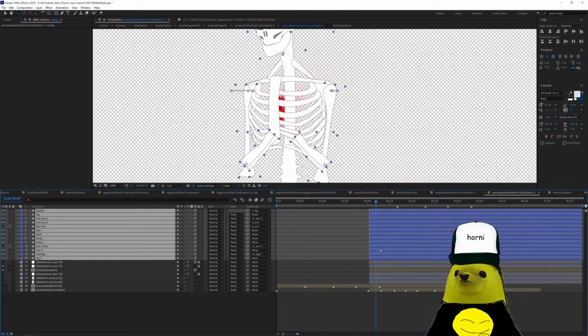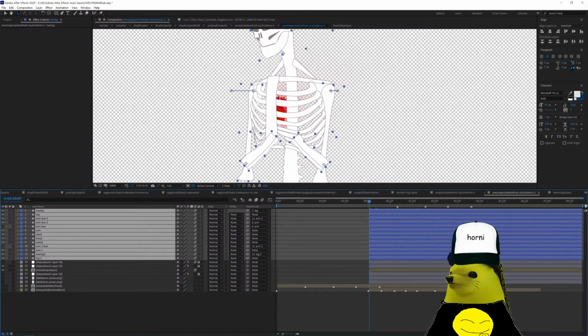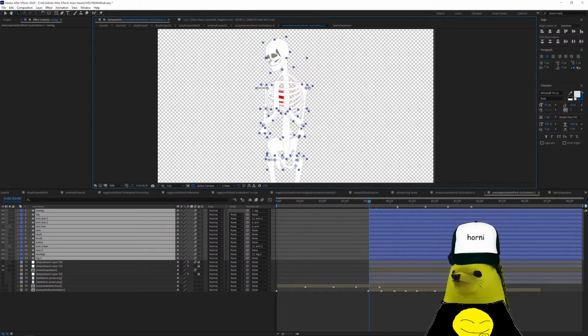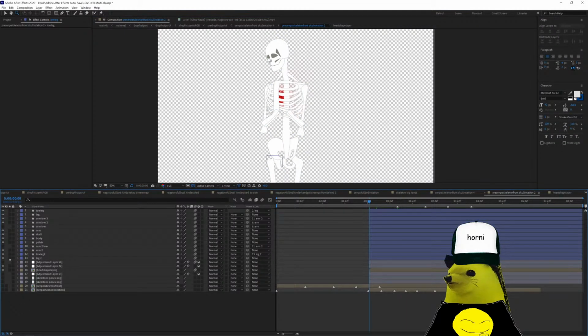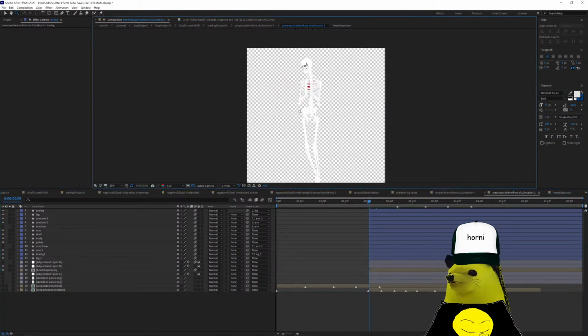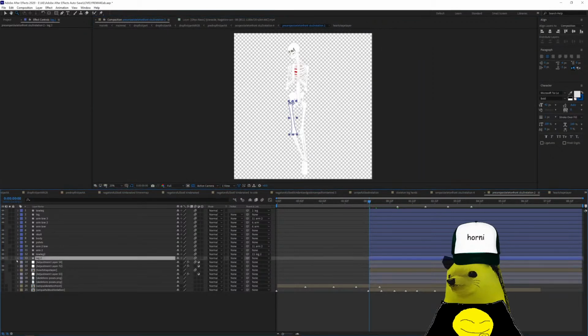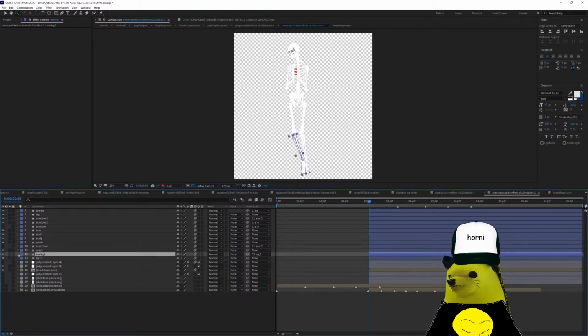And the skeleton is the same thing, alright. Just these shape layers. And look, leg, leg, lower leg, arm,